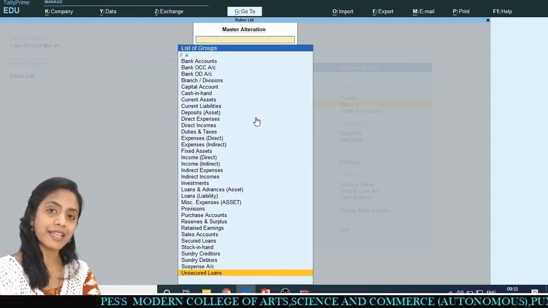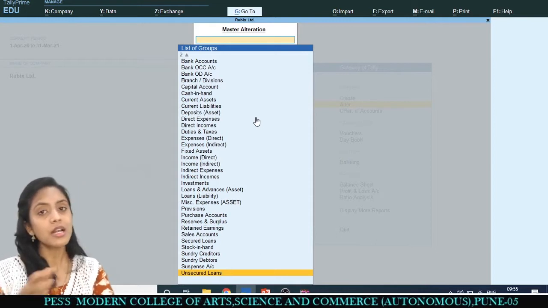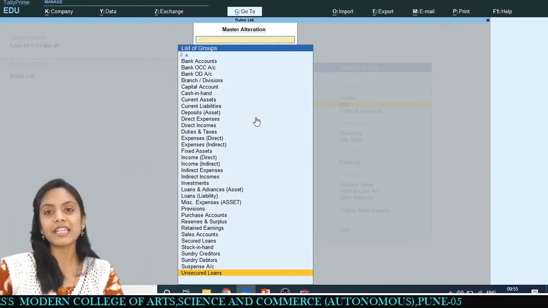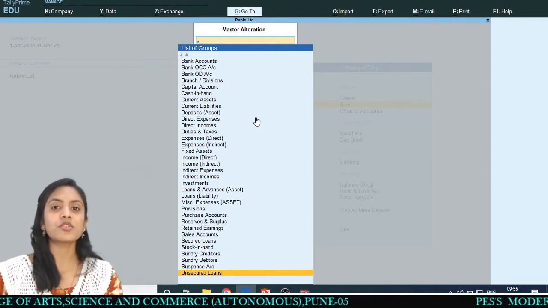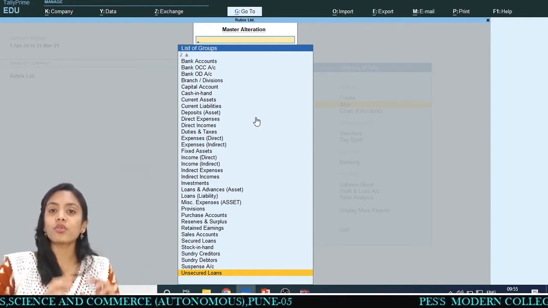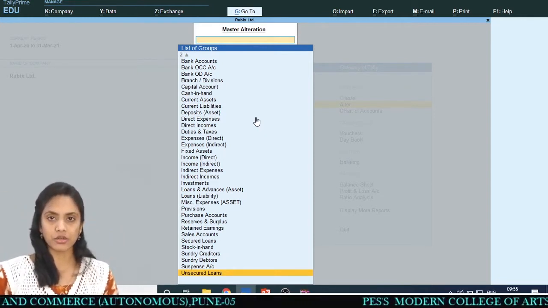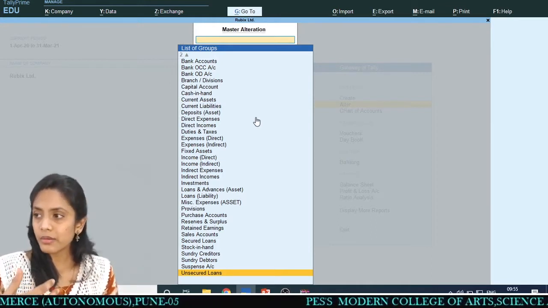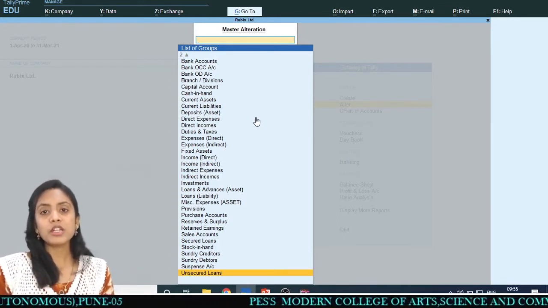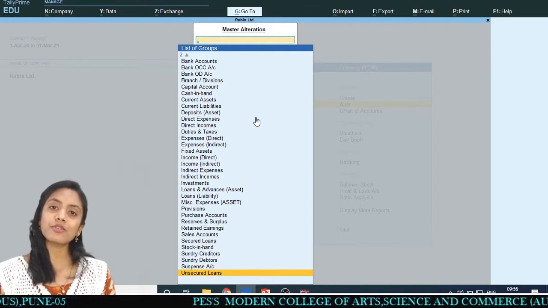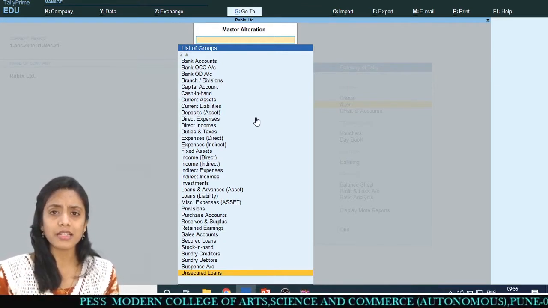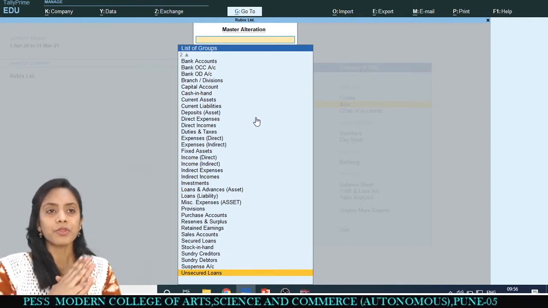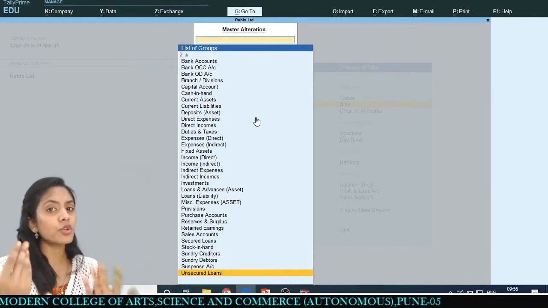Whatever the need arises as per our transaction, then we will create groups on time. You can create a group on time, or you can create a group before proceeding further with a transaction. What practice is better: to create groups earlier, before going to the transaction, or during the transaction?